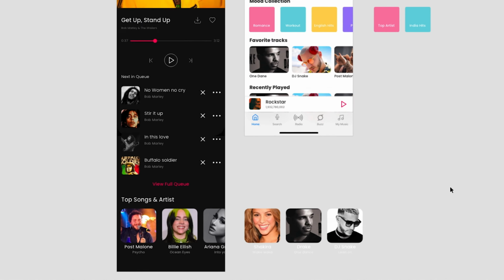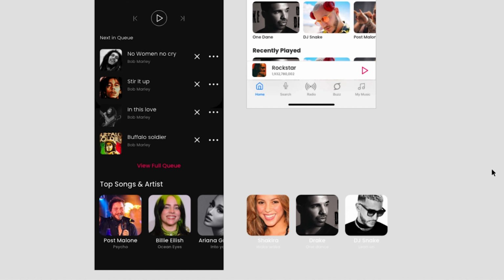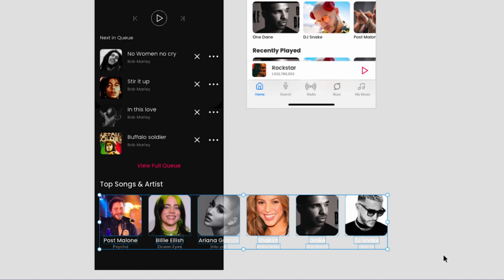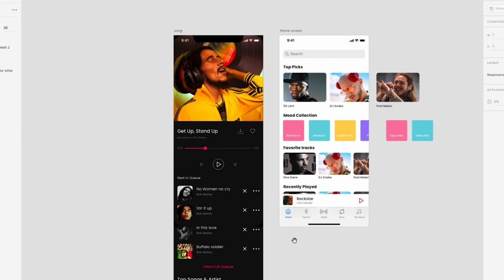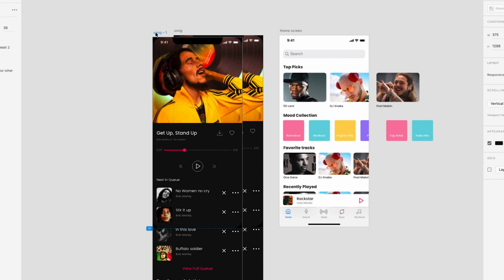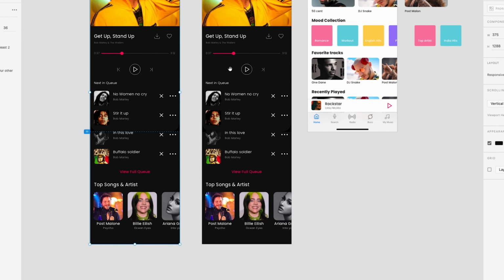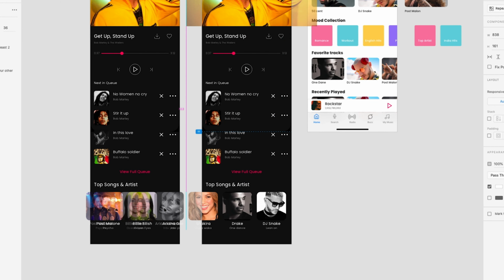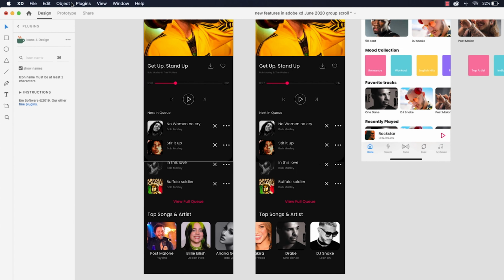Let's have a look at this example. I want to scroll the top songs and artist list. In previous versions of XD, we had to duplicate the artboard and change position, and then we had to use drag as an action.